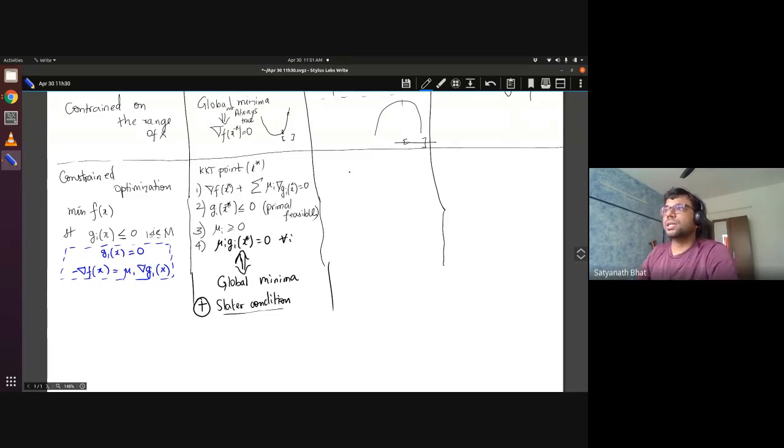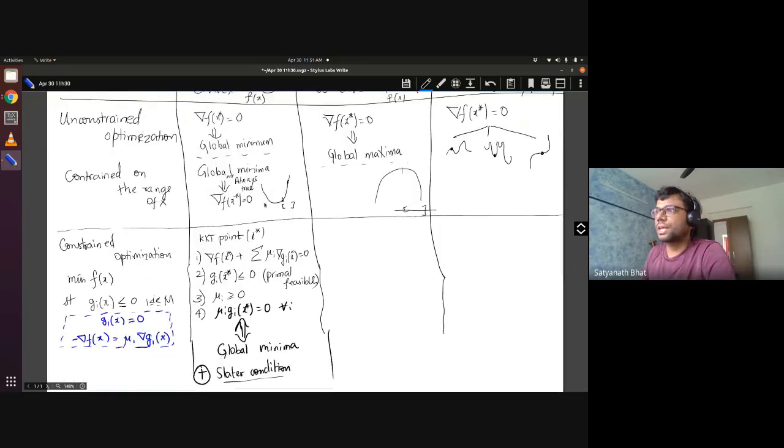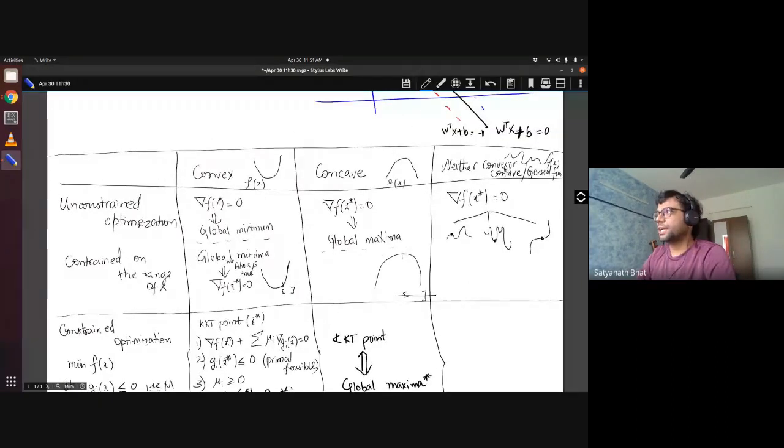Okay. So this is the case for convex. For concave, if there is a KKT point, we will say it is if and only if it is a global maximum. So plus, let me just say global maxima with a star, which means the Slater's condition is true. And when you come to an unconstrained objective which is neither convex, concave, or in general form, then of course a KKT point may not mean anything.